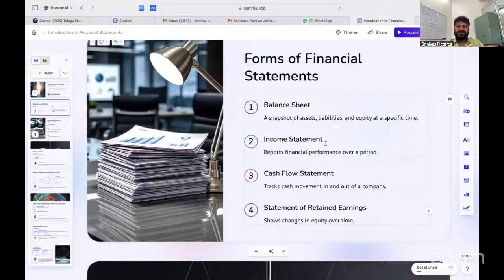And next one is the cash flow statement. The cash flow statement talks about the movement of cash, inflows and outflows. Generally, cash is generated from various activities like operating activities, investing activities, and financing activities. Activity wise, what are the cash inflows and what are the cash outflows? We calculate the movement of cash; that is the cash flow statement. Generally, we prepare this cash flow statement in two types. The first one is the direct method cash flow statement, and the second one is the